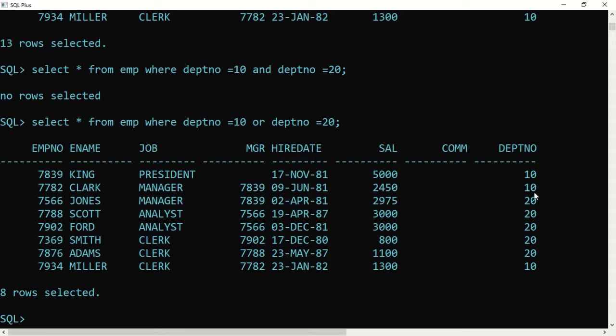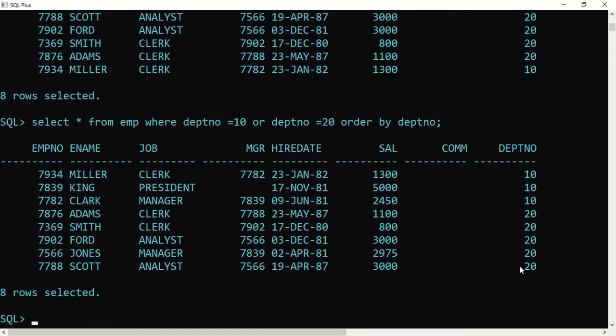Here it shows 10s, then 20s, then 10, right? Let's order it so that it looks nice. Order by department number and semicolon. Now it's showing all the records in the EMP table ordered by department number.